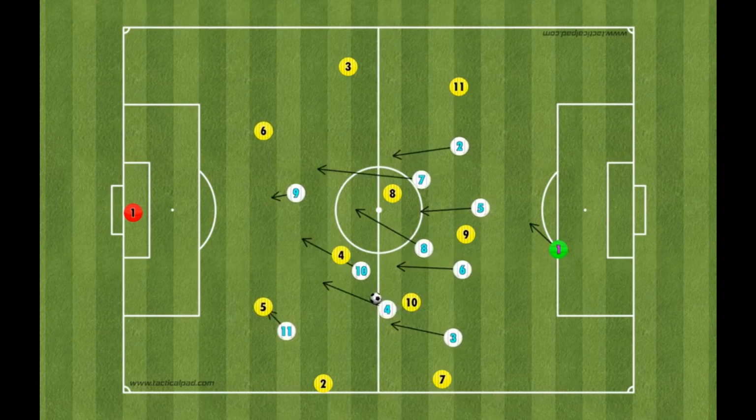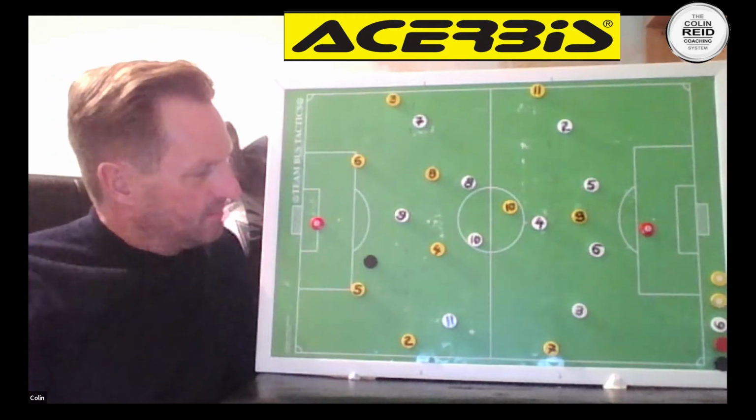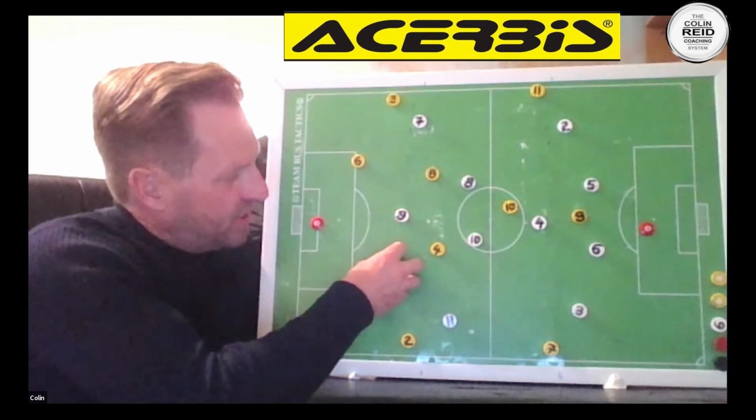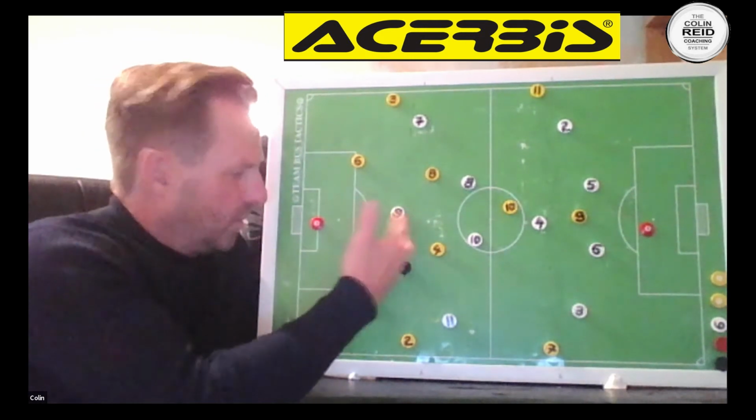So, just in terms of what we showed you, the ball can be won high up the pitch, and it's important to have an understanding of setting a trap, winning the ball high up the pitch, twofold really. The opponents might want to play out. If we win it high up the pitch, the benefits are we're closer to goal,